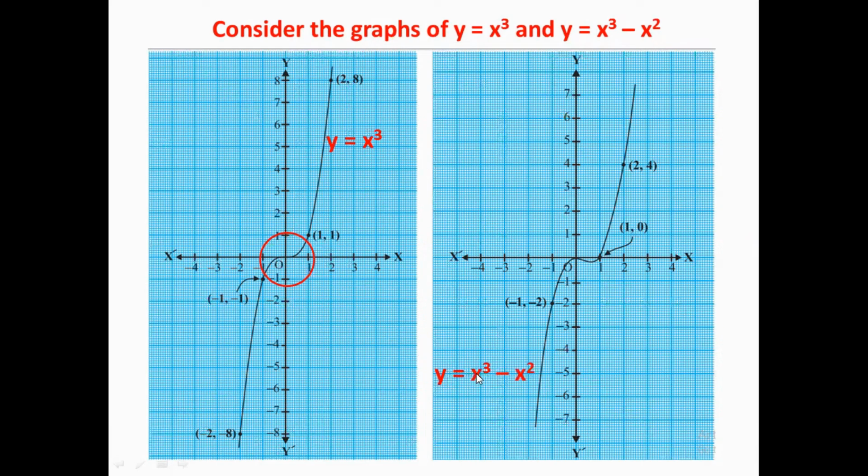So, let us consider now the second one, that is y is equal to x cube minus x square. Can you see the intersection points? 1, then second. So there are 2 intersection points present over here. Now, since in the first graph we have 1 intersection point, the number of zeros over here will be 1. And the number of zeros in our second graph will obviously be 2.